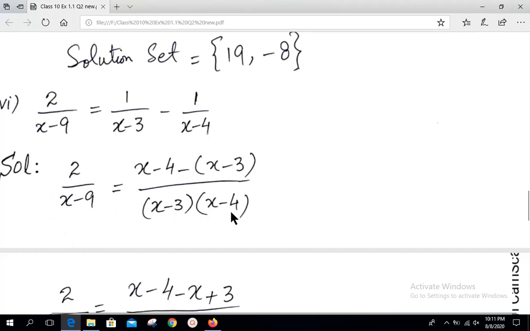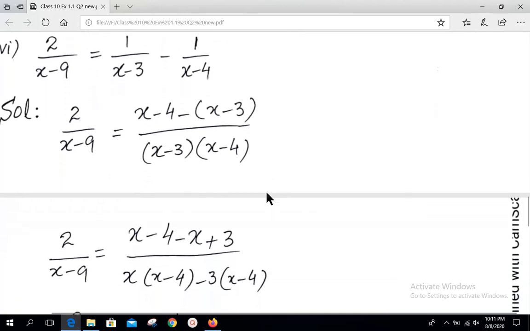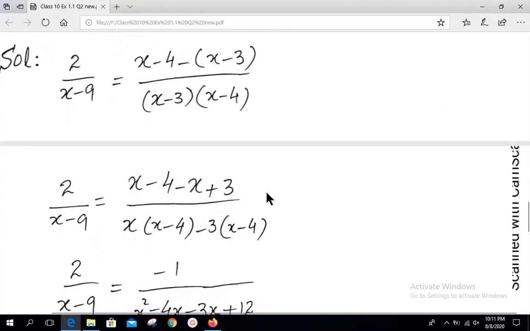Simply, the product of denominators is my LCM, so x minus 4 multiplies at the first place, numerator 1 remains the same. Then here is minus, so we must keep the bracket. x minus 3 into 1 will remain x minus 3. In the next step, opening the brackets, we have on the right hand side (x minus 4) minus (x plus 3) whole over.